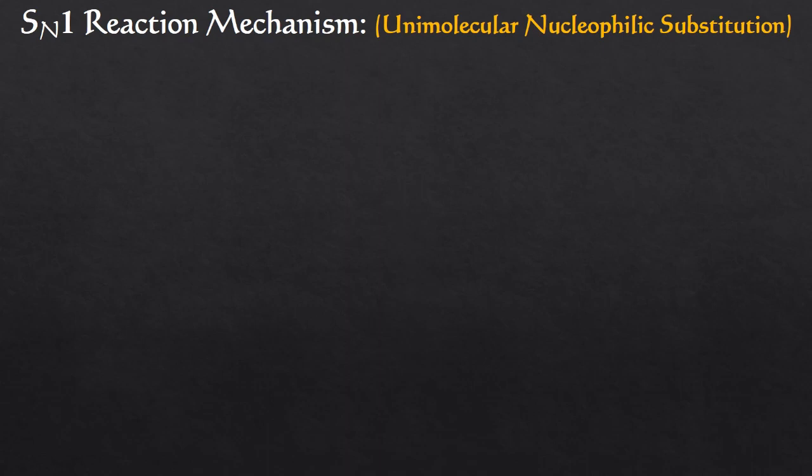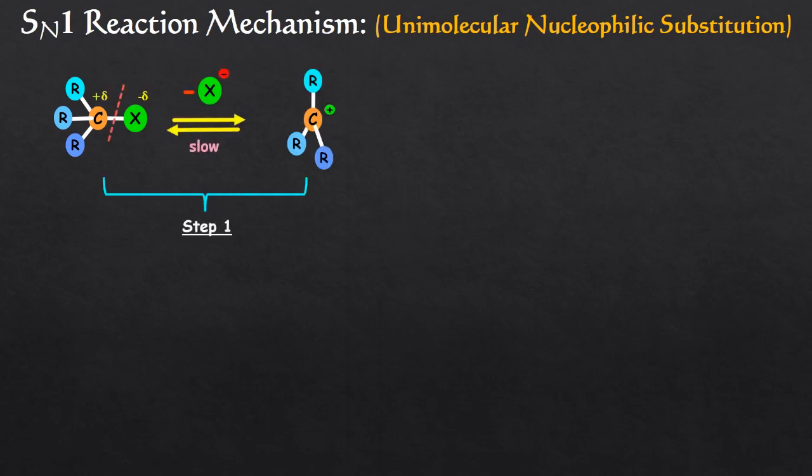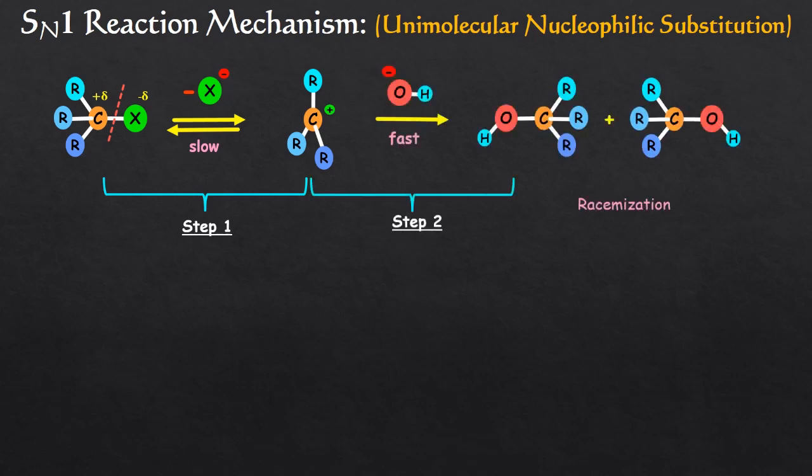So now we will see the SN1 mechanism with the stereochemical aspects. It is a unimolecular nucleophilic substitution. This mechanism is favored by substrates which contain a good leaving group and an adjacent substituent which can stabilize the positive charge. It occurs in 2 steps. Step 1 involves the slow cleavage of the carbon-halogen bond to produce a carbocation and a halide ion. It is a reversible process. In the second step, the intermediate carbocation reacts rapidly with the nucleophile to give the substituted product. This reaction is generally carried out in polar protic solvents.